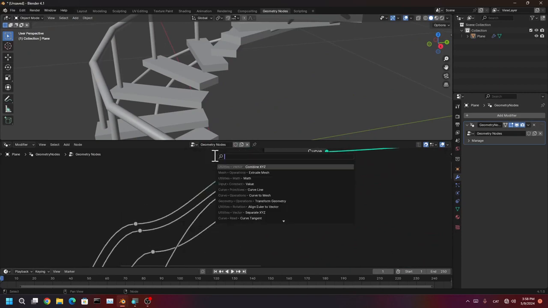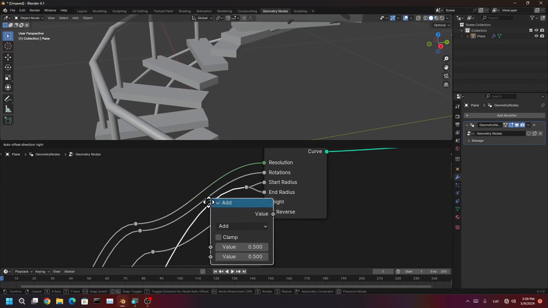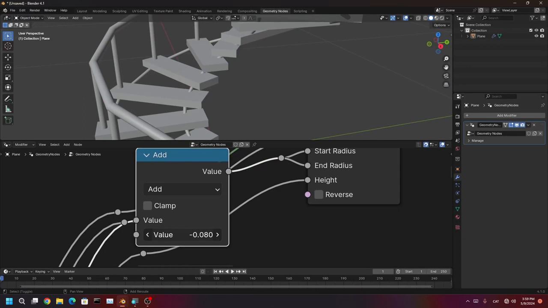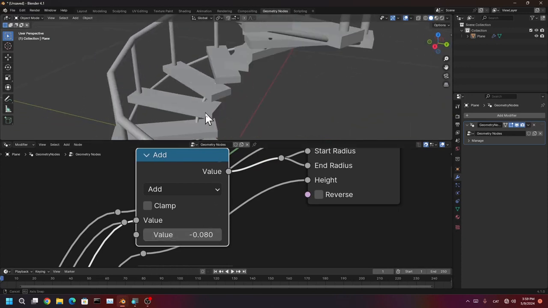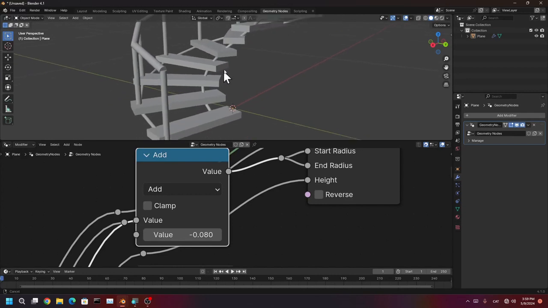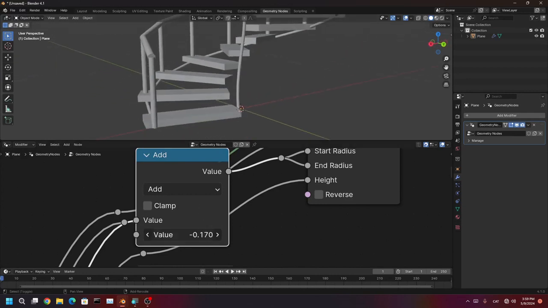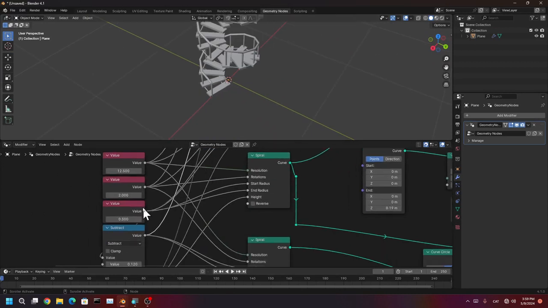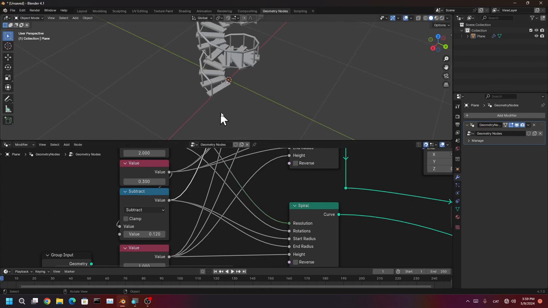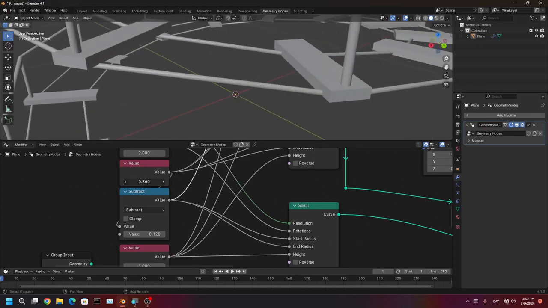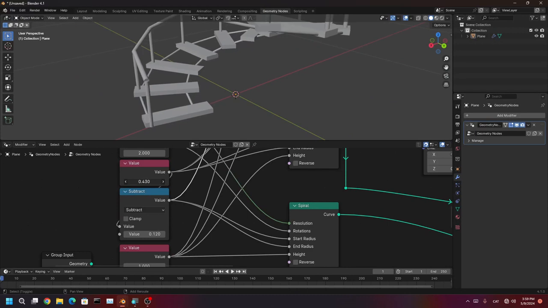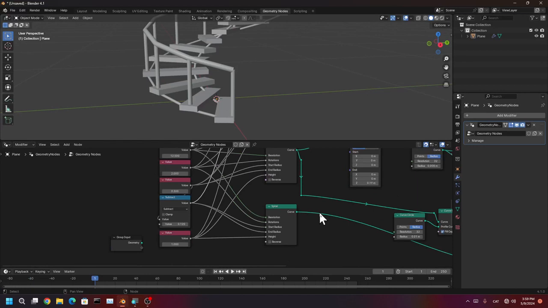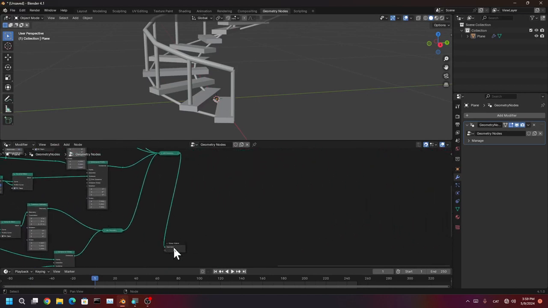Let's. I need to add a math node, another math node. Why am I adding it? I'm adding a minus 0.80. Okay. Is it going to work? I have no idea, but I guess it is going to work. It is. Okay, let's see. I'm so sorry for the noise. Yep, it is working. Not just properly, it is working perfectly. Nice, nice. And I want to add one more thing, which is the hole